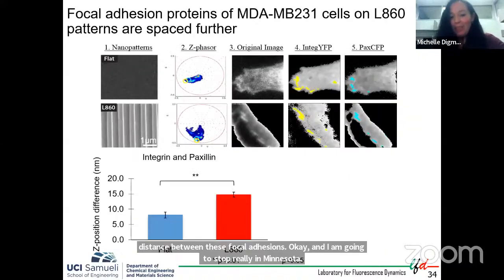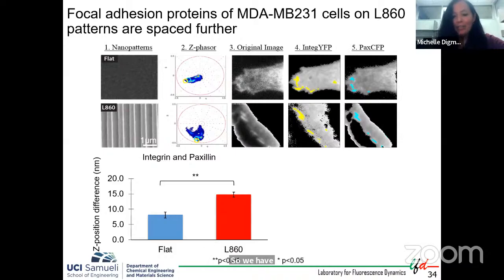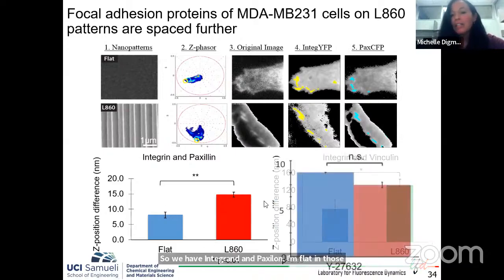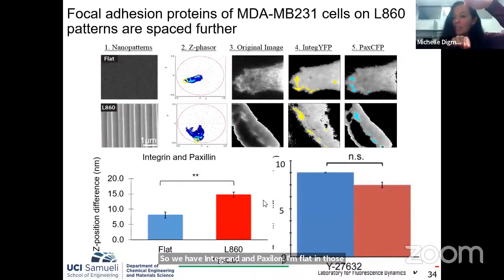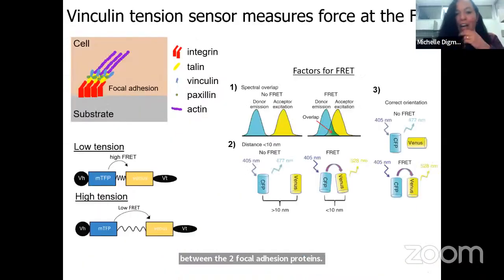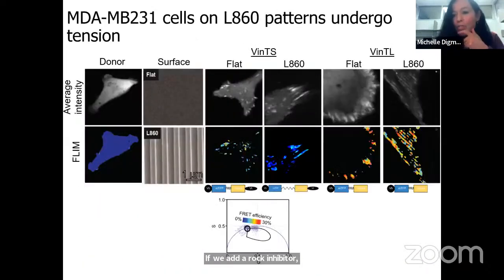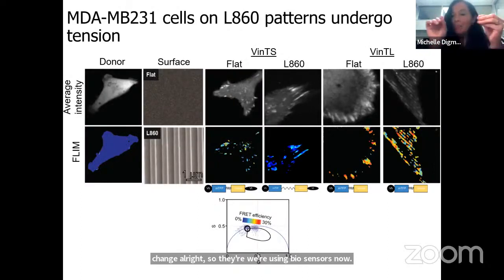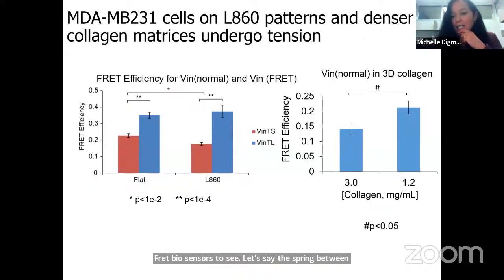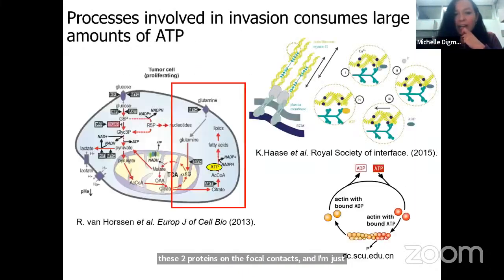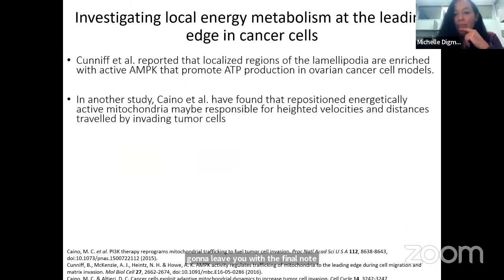So we have integrin and paxillin on flat in those lines, and we do see a significant change in distance between the two focal adhesion proteins. If we add a ROCK inhibitor, they're no longer changed. All right, so we're using biosensors now, FRET biosensors, to see, let's say, the spring between these two proteins on the focal contacts. And I'm just going to leave you with the final note here, is that there is a